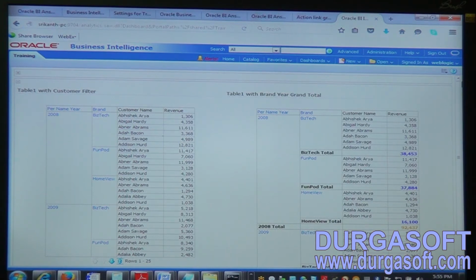Let us make some other pages with different reports display. We are having so many reports in our catalog. First we are having tabular format reports, next we are having pivot, and next we are having different views, graph views, line bars and all. Next we are having conditional formatting. Like this we are having different views available in our reporting catalog.